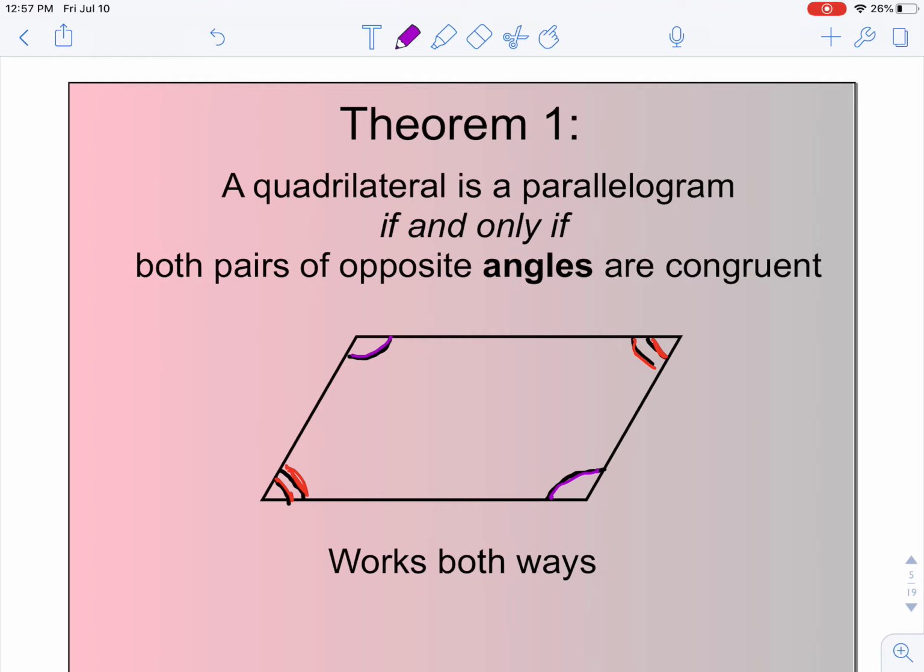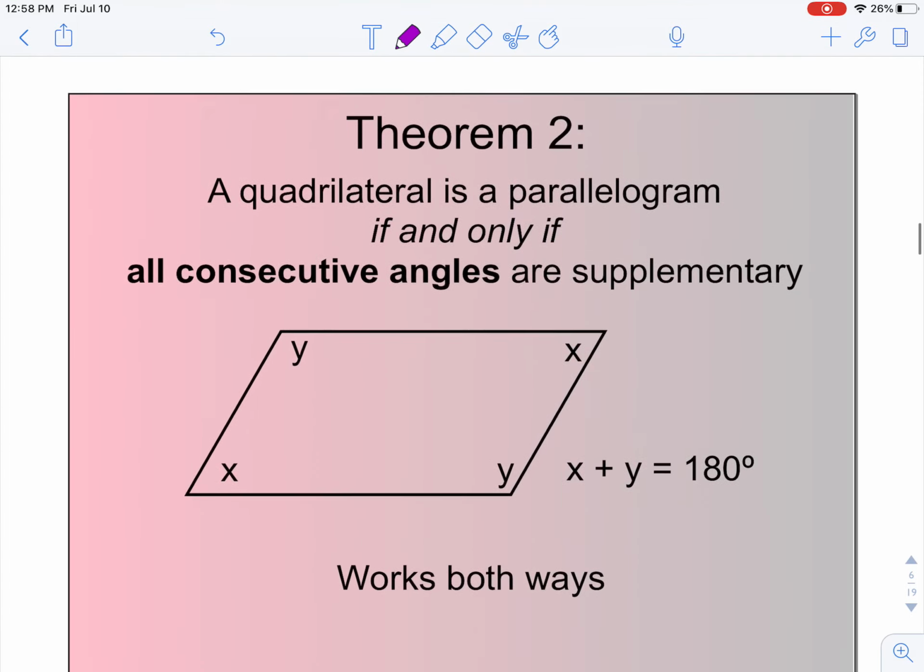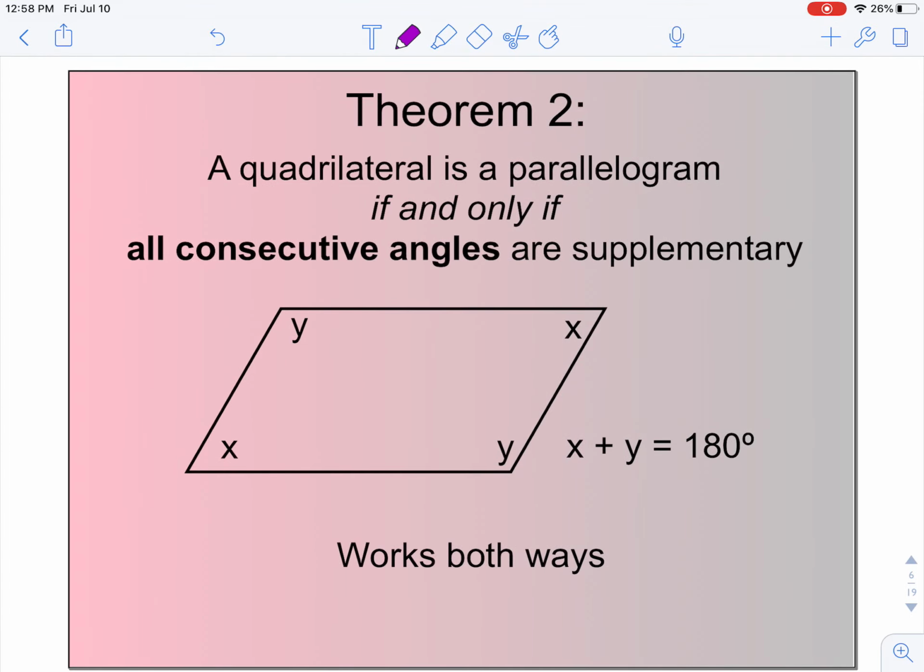If I can show you this quadrilateral without any markings or words that it's a parallelogram, and you can see that both pairs of opposite angles are congruent, then it's a parallelogram. Remember that if and only if, you can switch the hypothesis and conclusion around and you'll still have a true statement. So you can start with one and finish with the other,